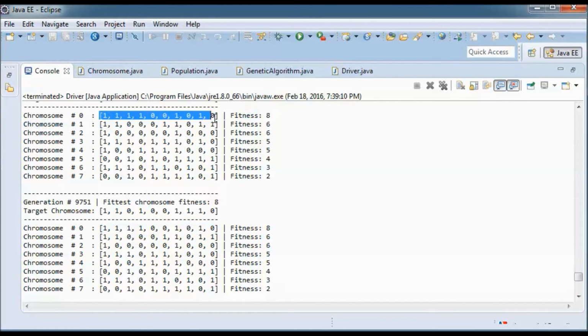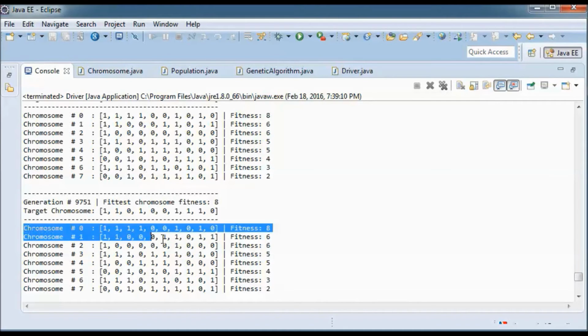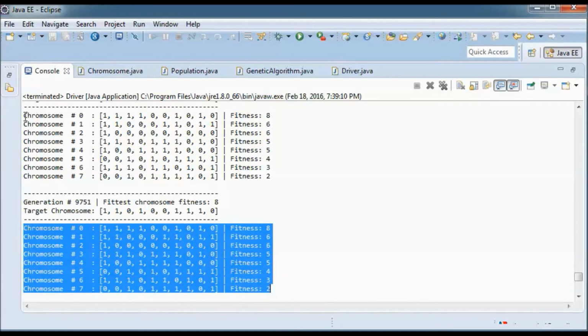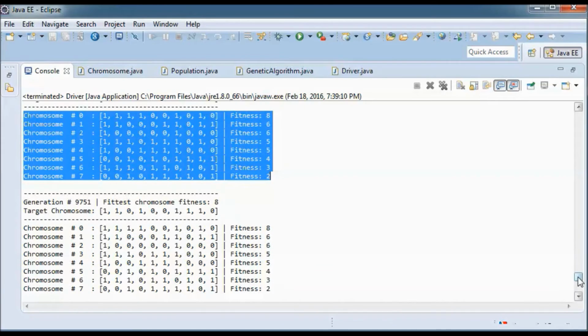This is exactly the same as this one, and this one is exactly the same as this one, etc. It's the exact same population each time.